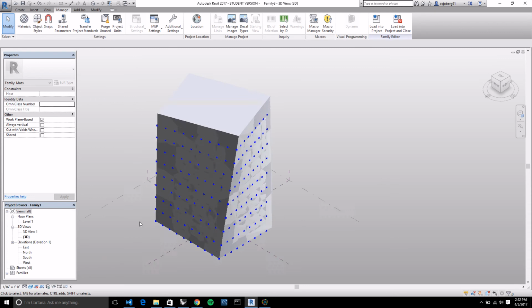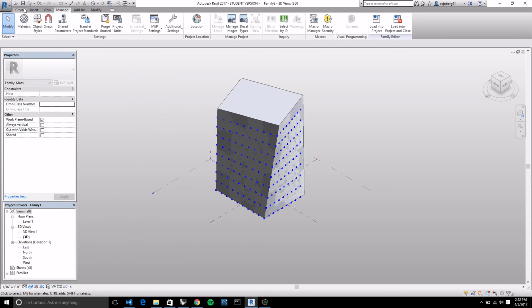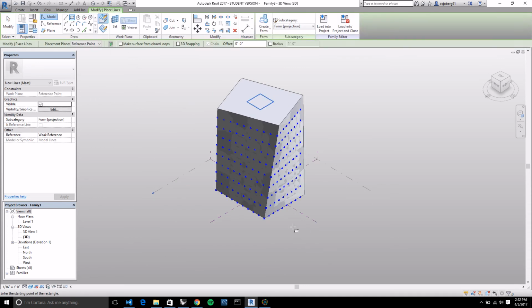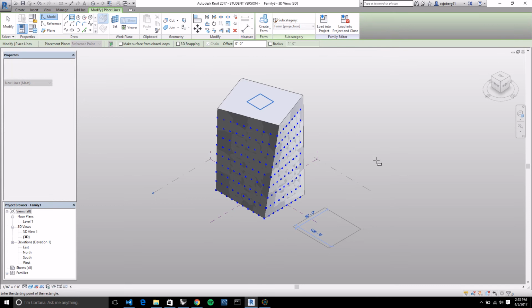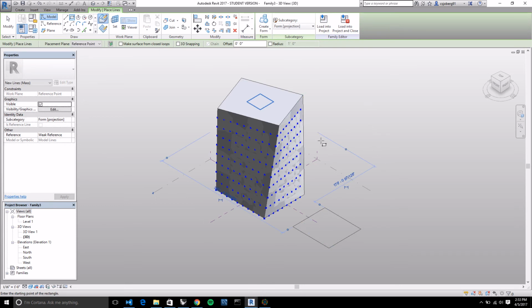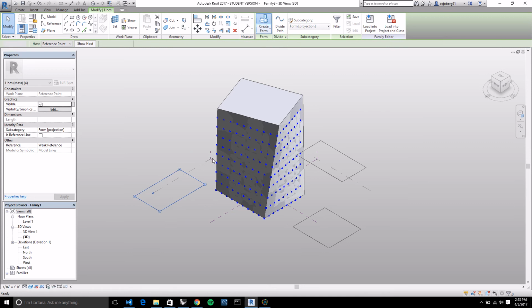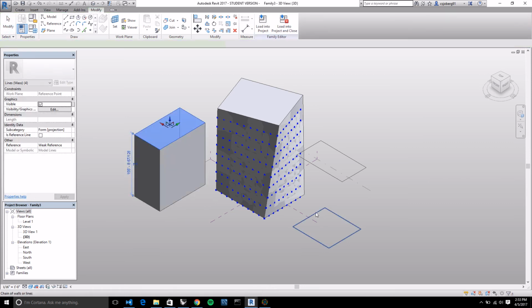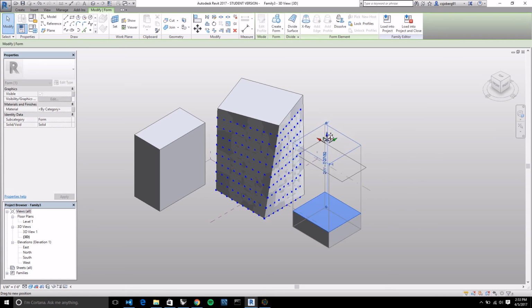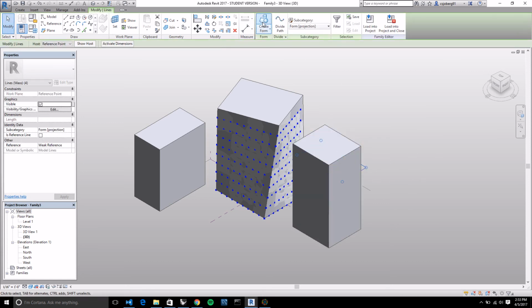analysis. We can come in here, we could create another set of masses. So I can go back to create, for example, and I'll just create a couple of other geometries. And then I'll go in and just make each of these a form, extrude them up. So we can think of these like surrounding buildings or surrounding masses in the context of our